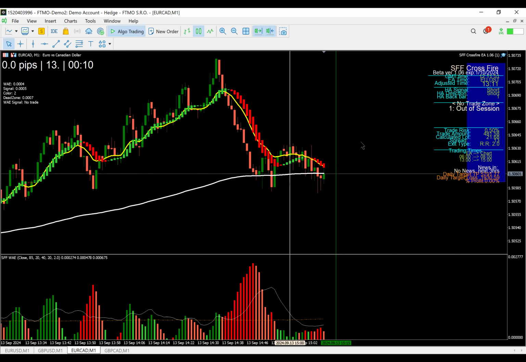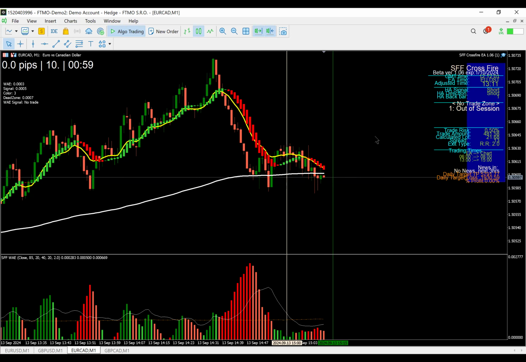If price gets above the green trend line, it will say looking for a buy. If it gets below the red trend line, it will say looking for a sell. And we then look for three other factors. One is we're looking for a recent wave change. Now these